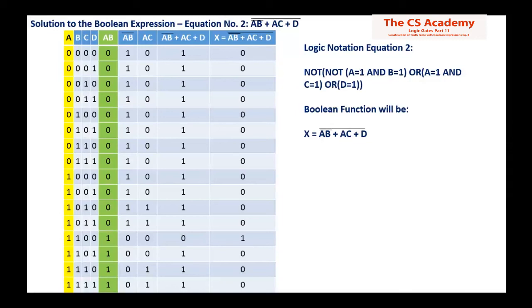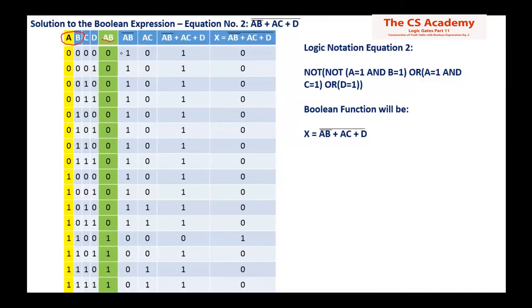Now the four columns are filled the same way we did in the previous slide, and you can see the AB column must be calculated first, to get the inverted values for AB. So now AB: A and B are here, right? You can see this here. Now where A and B are going to be 1.